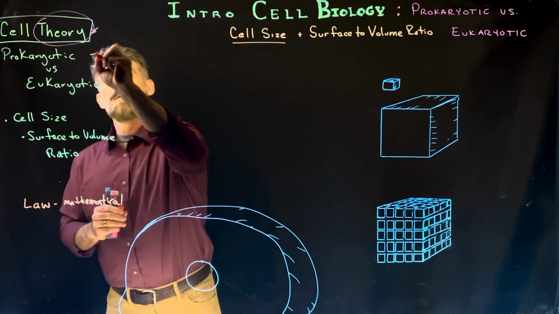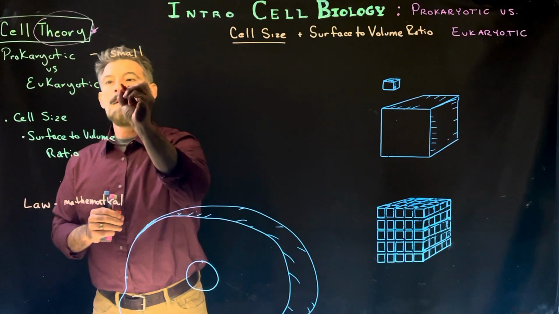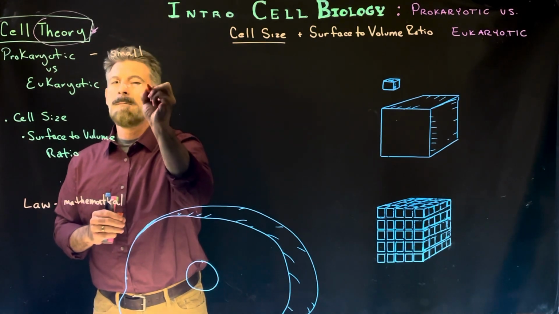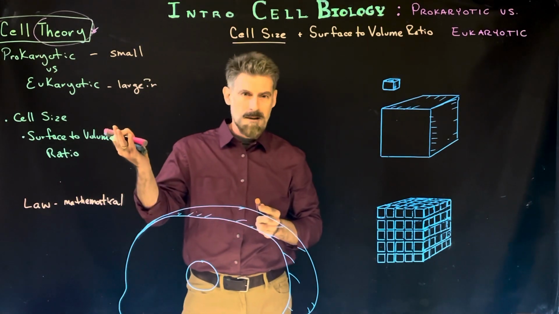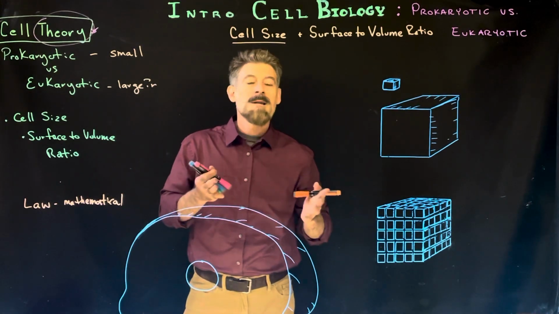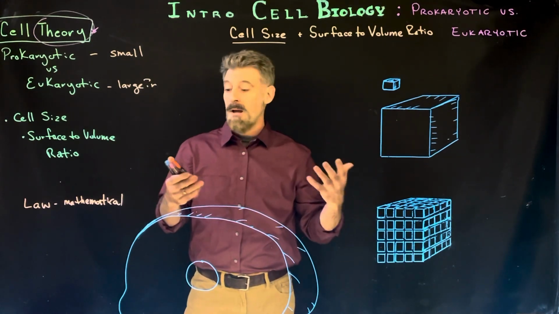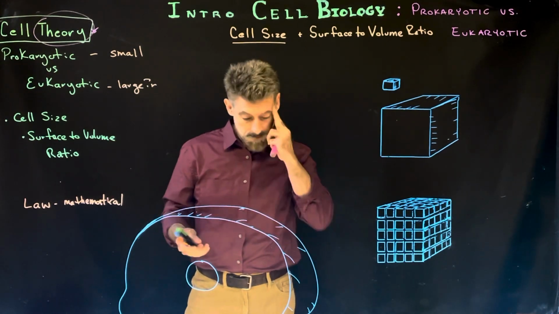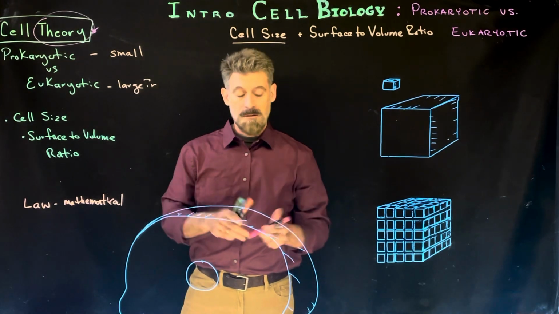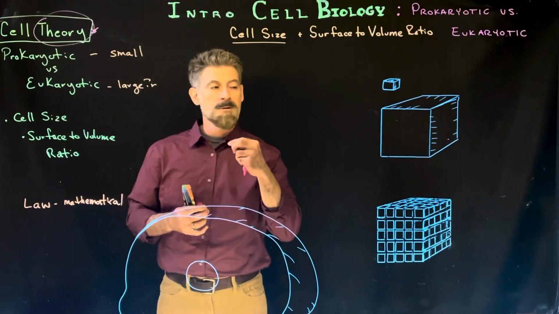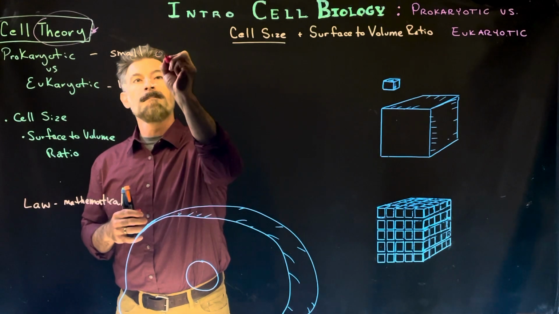So, prokaryotic cells are usually referred to as being small, and eukaryotic cells are being large, question mark, or larger, probably larger than the prokaryotic cells, right? Because what does that even mean in terms of reference? So you have to have some frame of reference. You have to have numbers to go by, right? So we go by numbers, and you go by sort of tradition, right? What you're going to find, because this is one thing people will say, is, well, I just need to know some specific numbers. So we'll give you those.